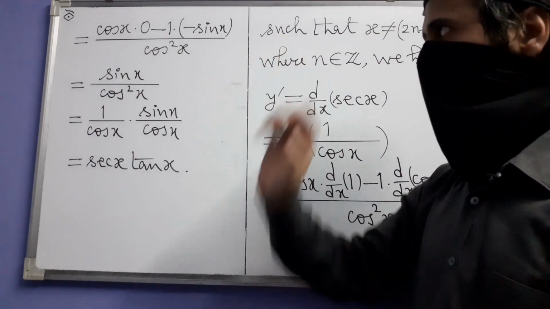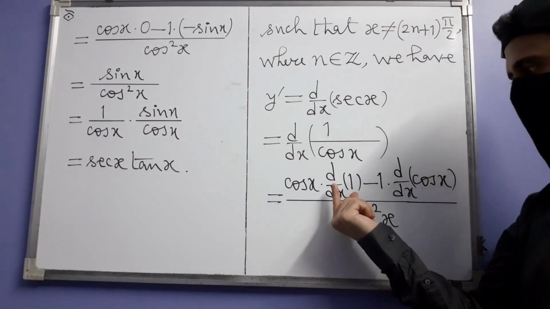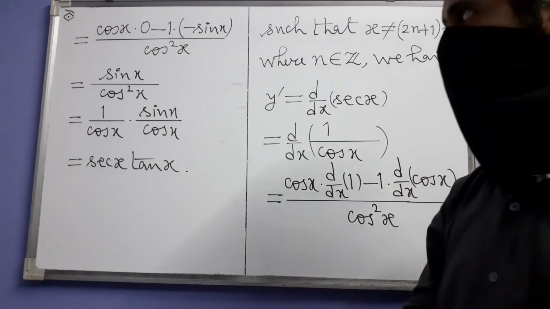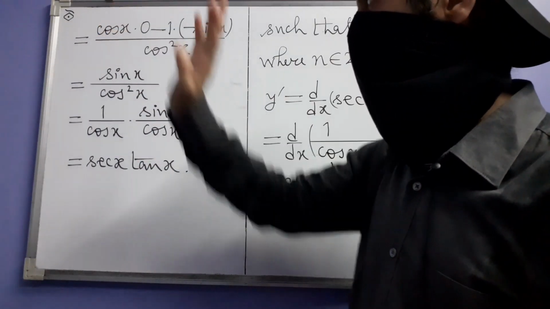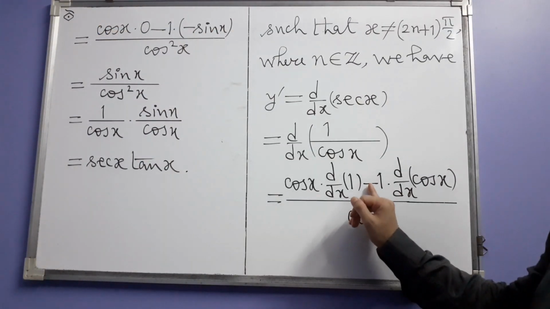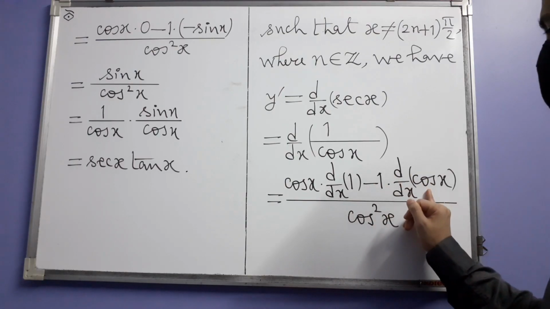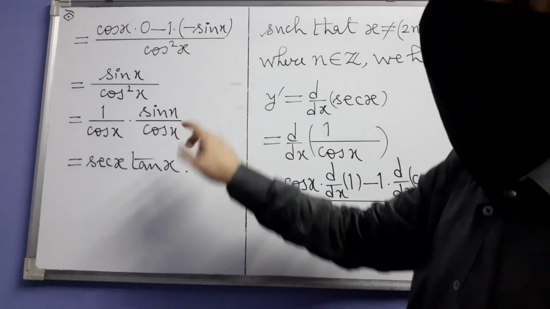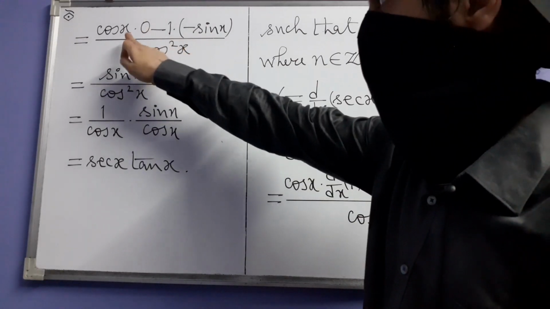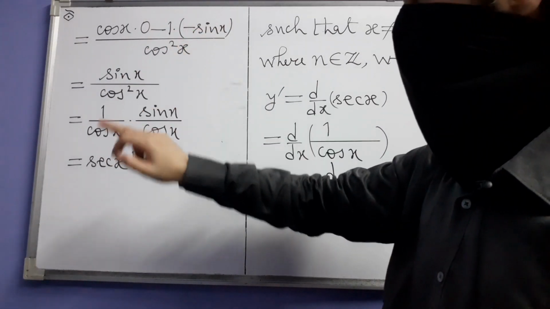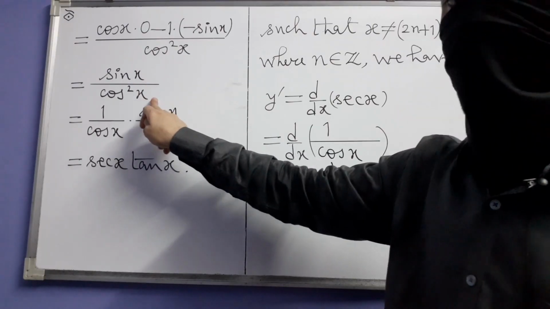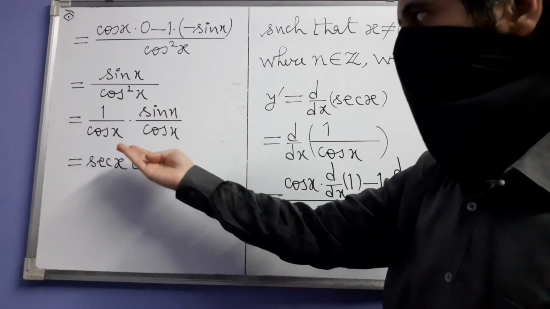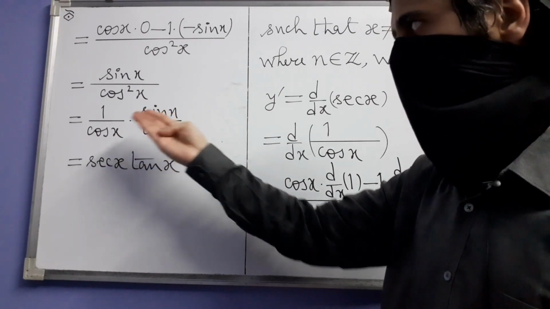So what shall we get from this? We get this. d/dx of 1 is 0 because 1 is constant, so this term will vanish, and minus 1 times d/dx of cos x. d/dx of cos x is minus sin x, so minus minus sin x. So that way we get 0 plus sin x. So sin x divided by cos squared x,